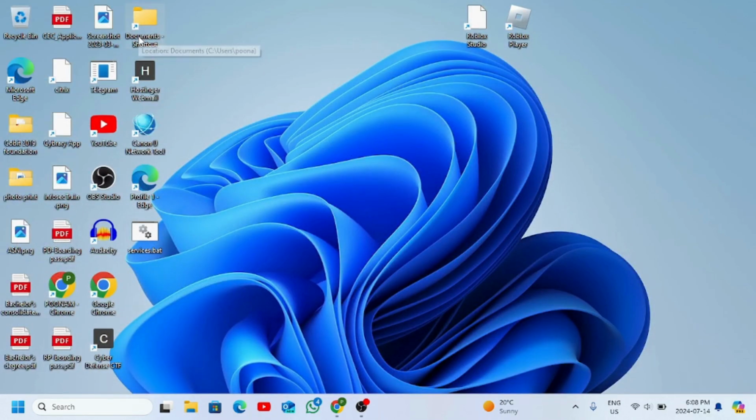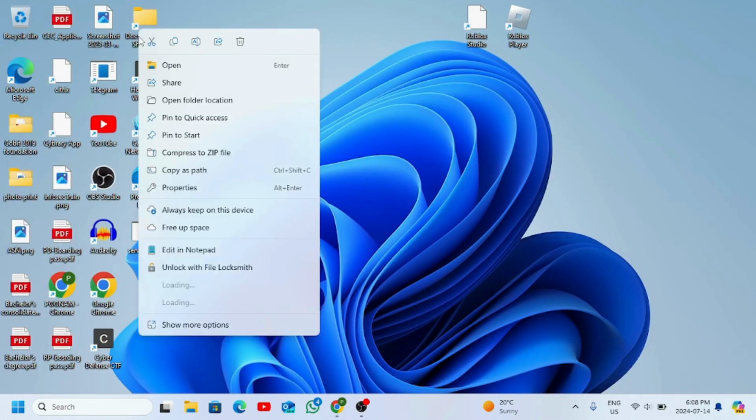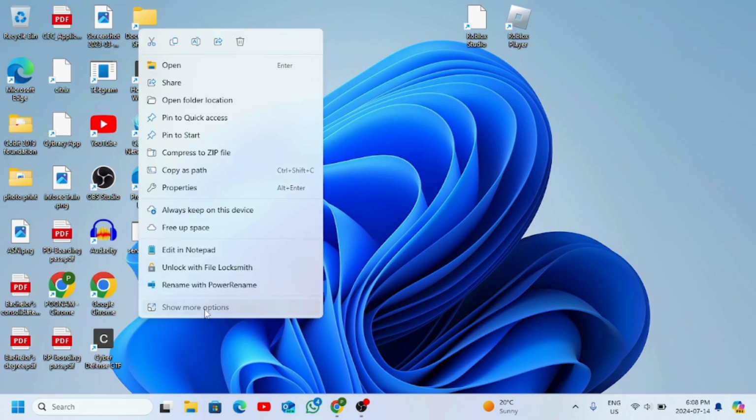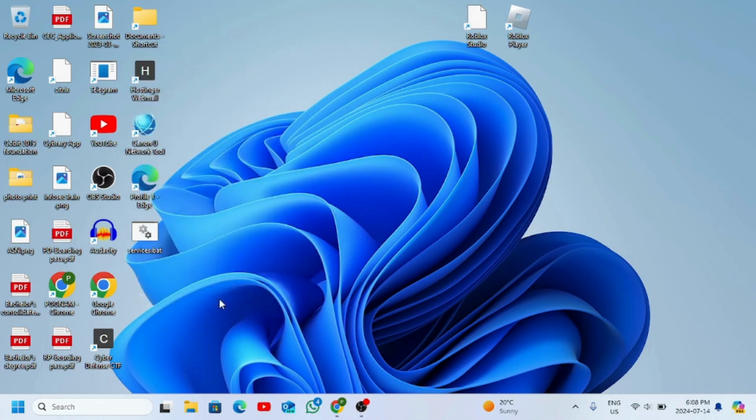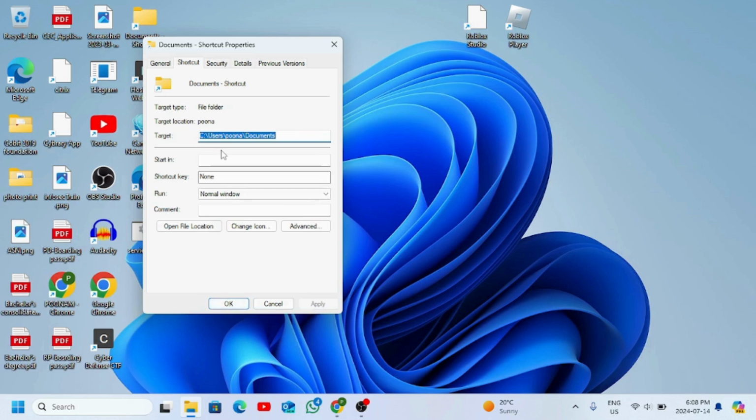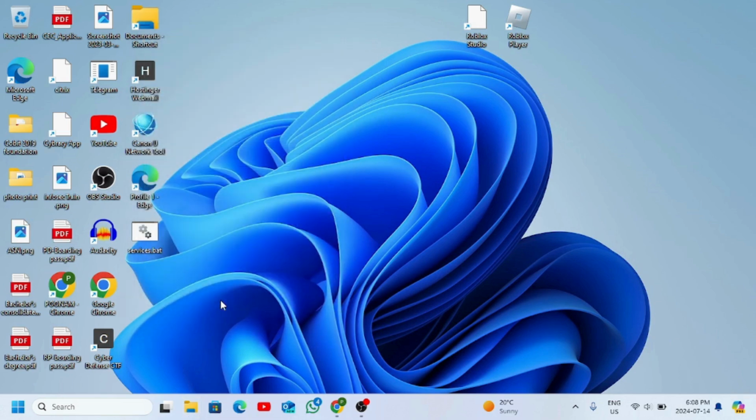And then we will right click on it again and click on Show more options, click on Properties and type in explorer.exe in the starting of this target address. So we will type in explorer.exe and space. Click on Apply, click on OK, and now we will right click again,